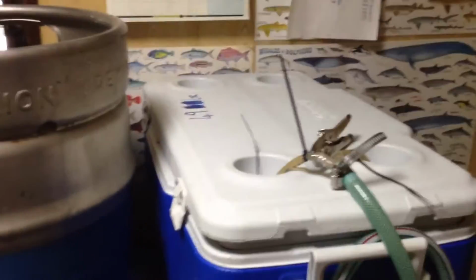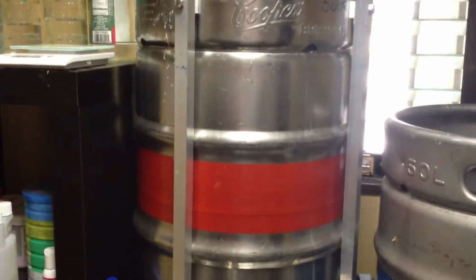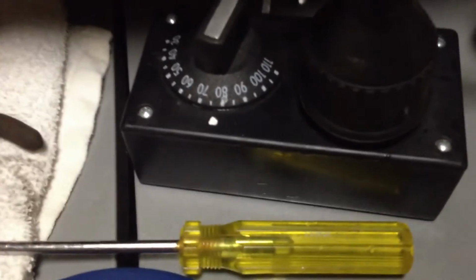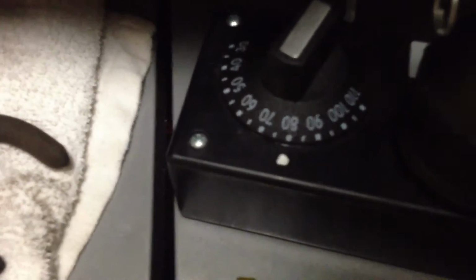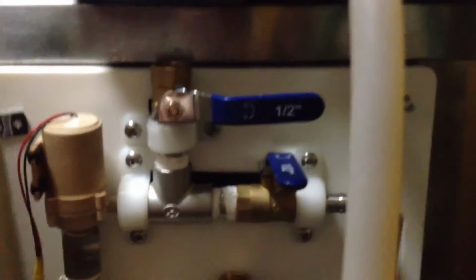While I'm mashing, I've added more water to my boiler. There's about 45 litres of water in the boiler, and that's going to be my sparge water. On my analog temperature controller here, I've set it to close to 78 degrees there, and come sparge time, I'll run it through this pump out here,